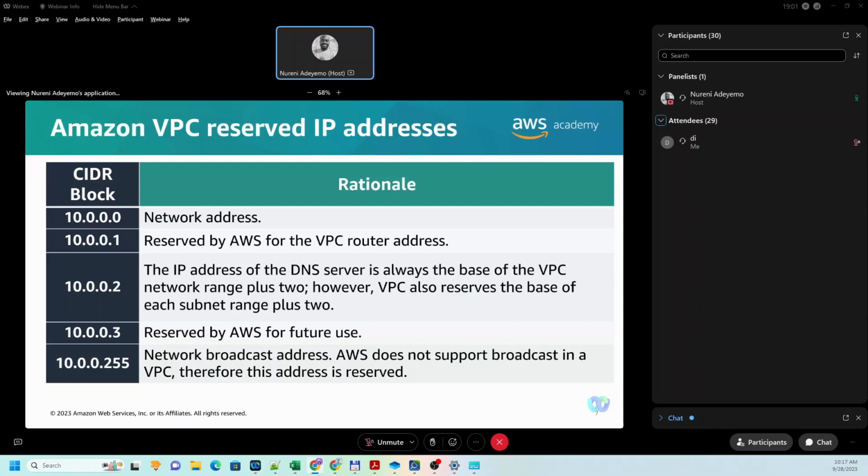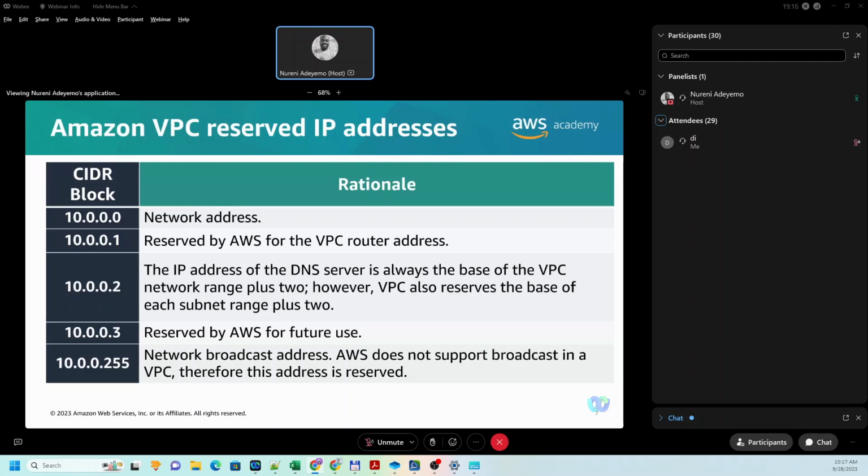For example, in a subnet with a CIDR block of